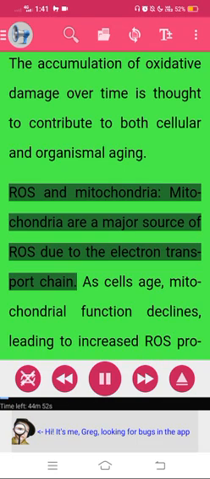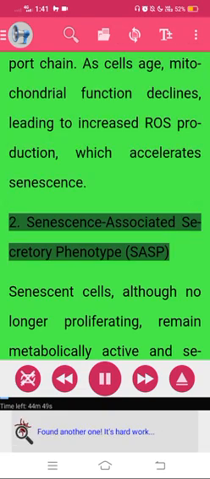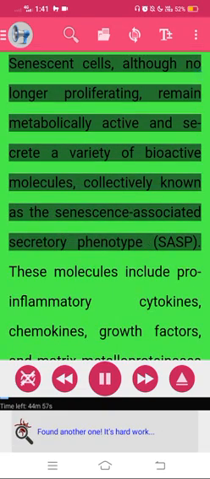ROS and mitochondria. Mitochondria are a major source of ROS due to the electron transport chain. As cells age, mitochondrial function declines, leading to increased ROS production, which accelerates senescence. 2. Senescence-associated secretory phenotype (SASP). Senescent cells, although no longer proliferating, remain metabolically active and secrete a variety of bioactive molecules, collectively known as the